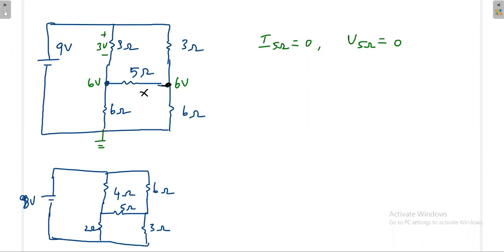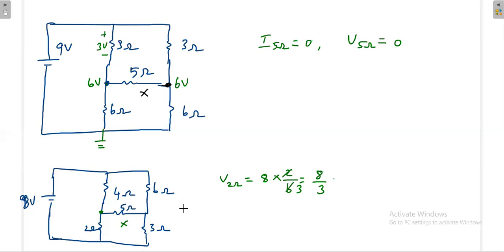Similarly, you remove this load resistance. Once you measure the voltage here, this is 4 and 2, this is 6 and 3. What is the voltage that will appear here? Anybody? Whenever you have 8 volt, how much voltage will appear across this 2 ohm? V2 ohm is equal to 8 into 2 divided by 6. So 8 by 3 volt will appear.